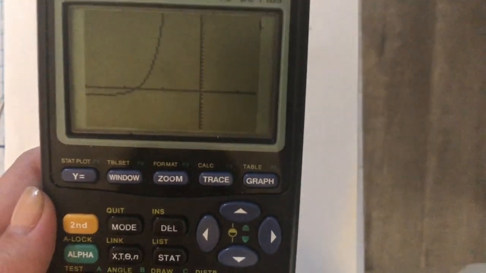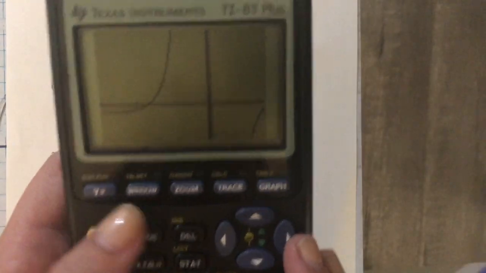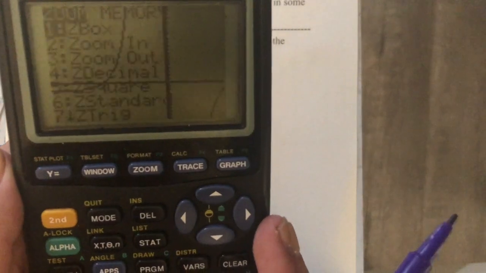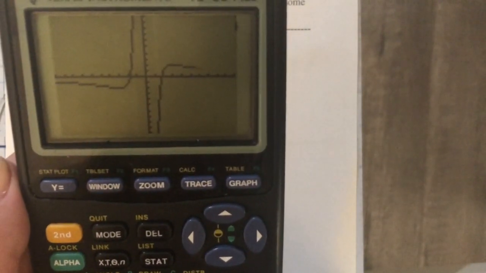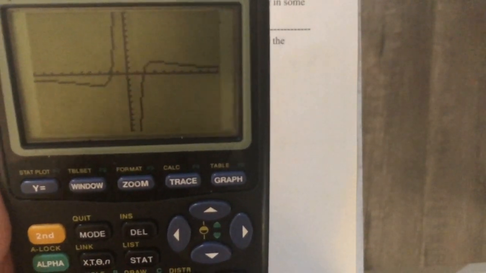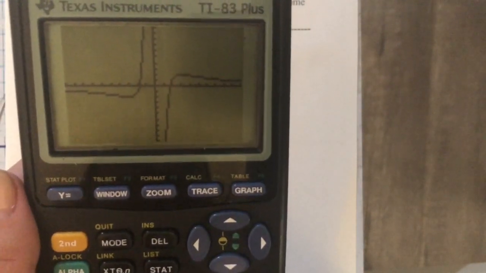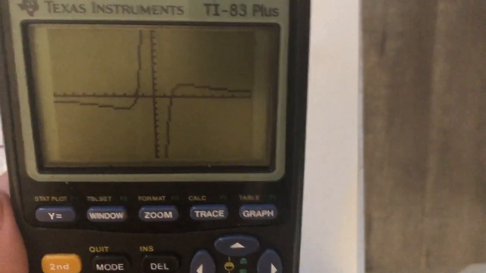My window's a little off from the last time I used it. Notice they don't specify an interval, right? I just want to see it as a whole. So I'm going to go to zoom standard, zoom 6, and see what happens there. Okay, so I'm looking for any places that kind of mimic either a hill or a valley, a local min or a local max, right? So my local min here